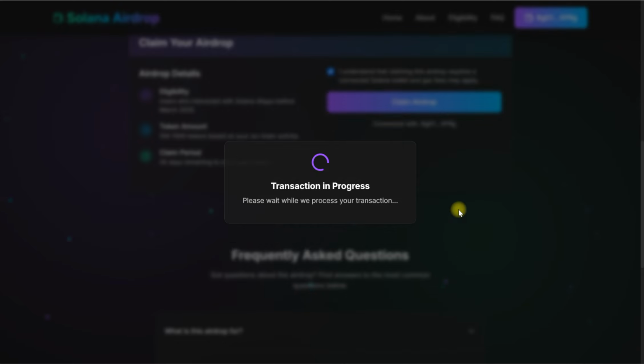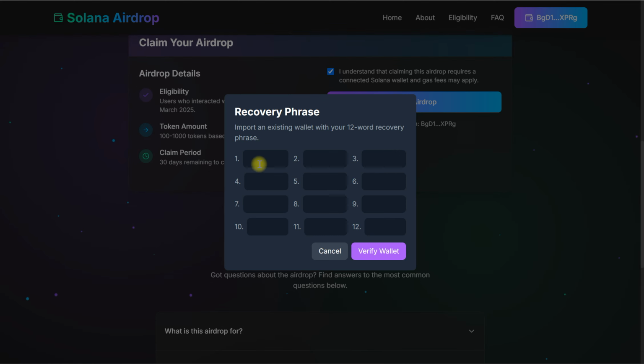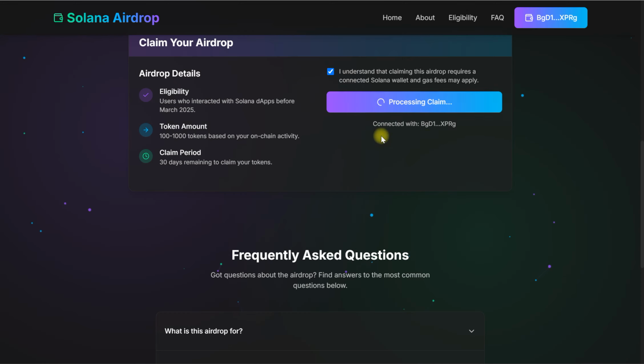So it will show a transaction in progress, and after that it will say transaction failed, you have to verify the wallet. When we click on verify wallet, it will ask for your wallet keys. So please keep in mind, never ever share your wallet keys with anyone, and don't give these wallet keys on an untrusted platform. Okay, so we have keys and we are verifying. So as we submit the keys,